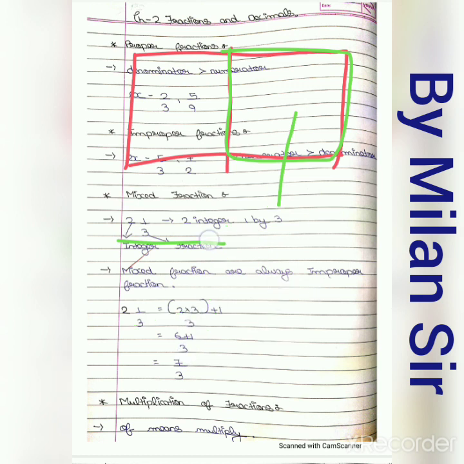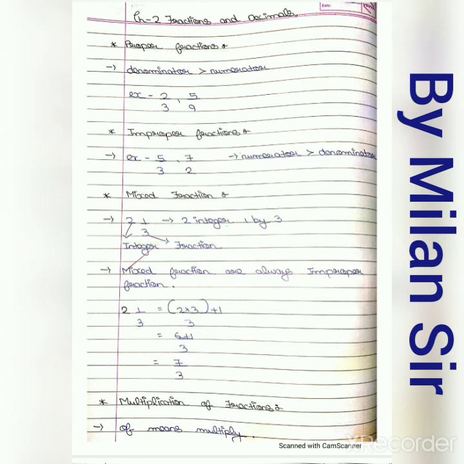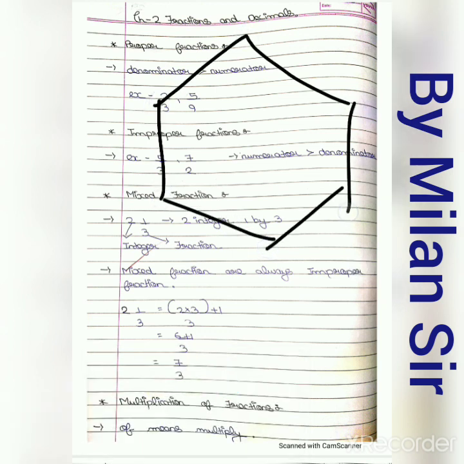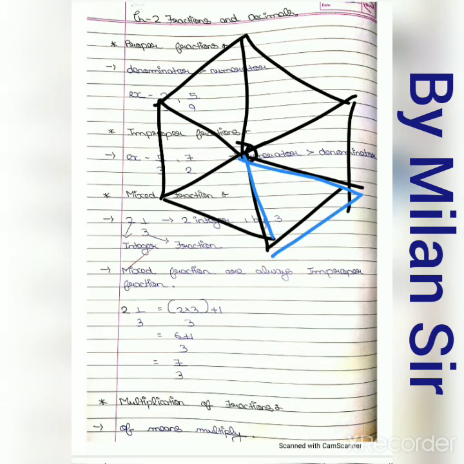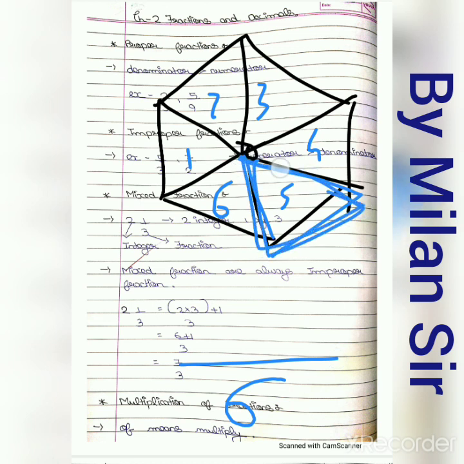We can also consider a hexagon. A hexagon means six sides like this. Now from the center we take some parts. First of all, we divide this hexagon into how many parts? 1, 2, 3, 4, 5 and 6 parts. So in total 6 parts, and out of that we consider only one triangle, that means one part. So each fraction becomes 1 by 6.